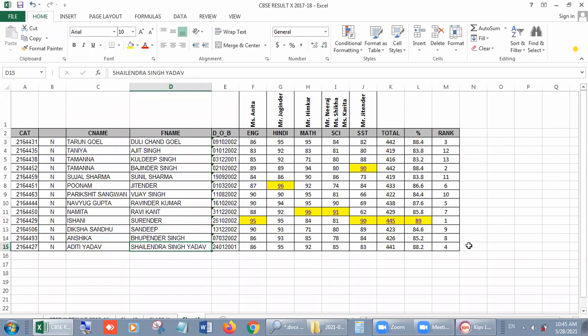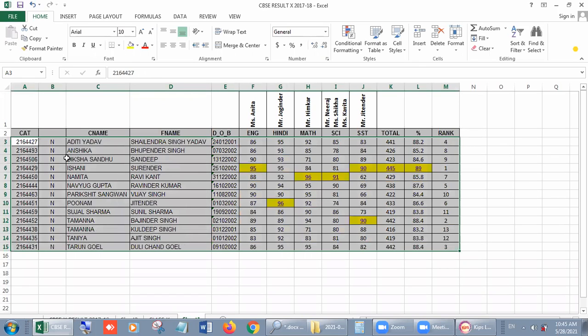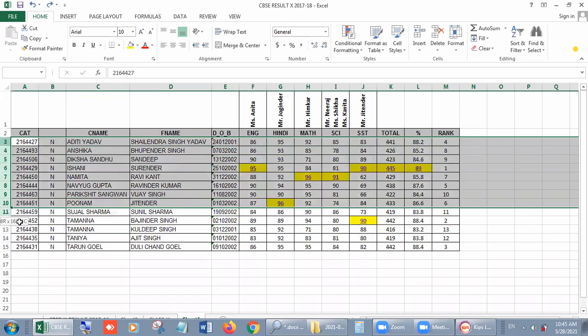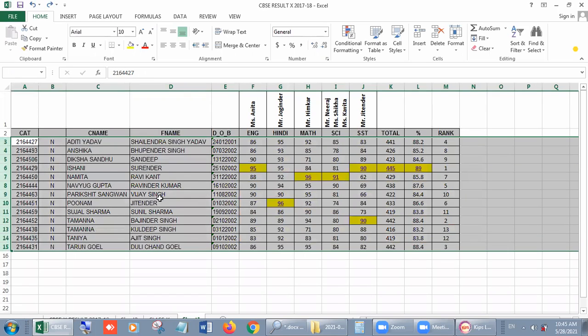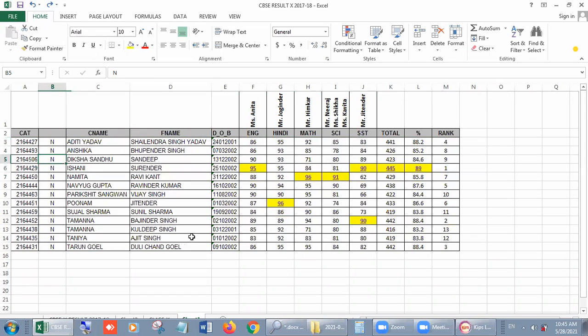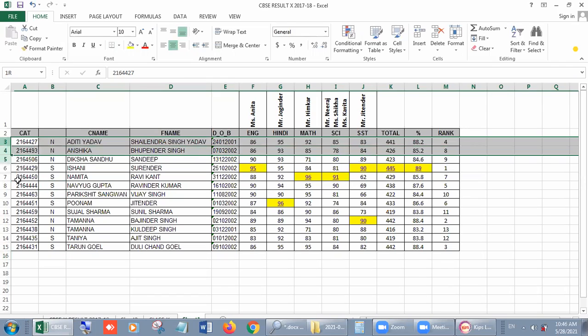Now we can sort furthermore. How can we sort? Suppose some data is with N and some data with S, right? So again select the data.